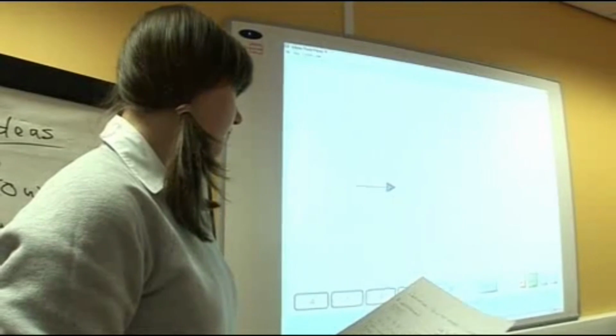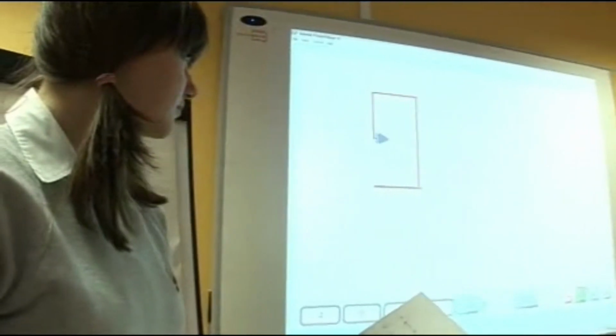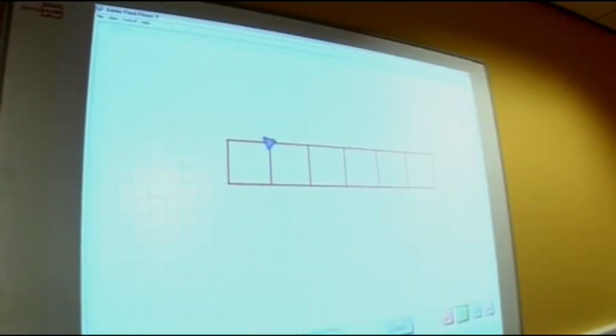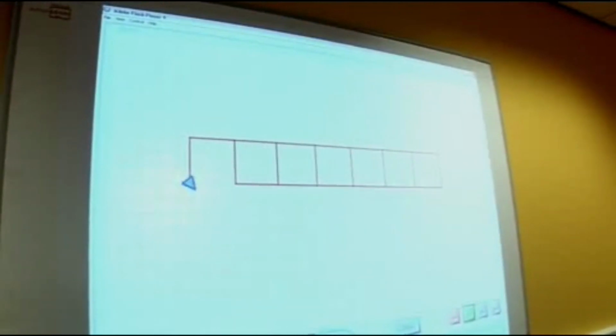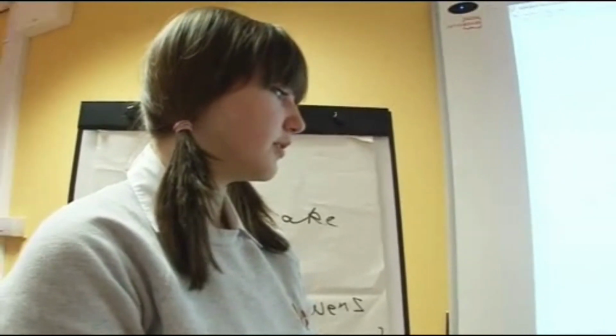We realised that if you do 4 4s, you make a 4 by 4 square. So if you change one of the numbers to 8, you can make a row of squares because it goes past the 4 and goes along 4 again. If you put the 8 in a different place, it makes the row go in a different direction. You can change the numbers to make a bigger or longer row, but you've got to make sure that the number that's the odd one out has to be double the other 3.